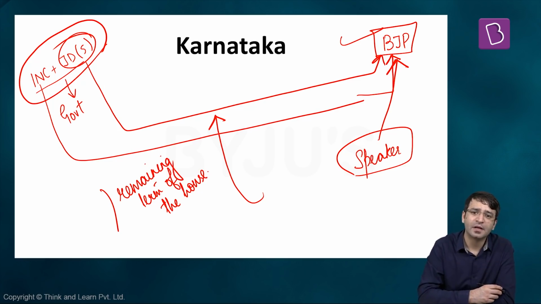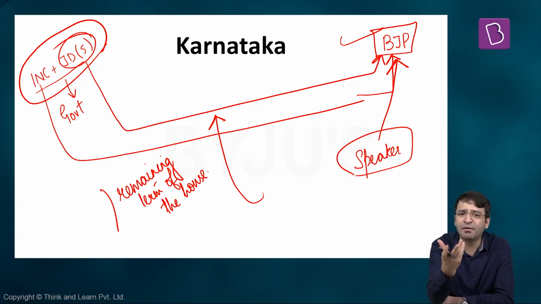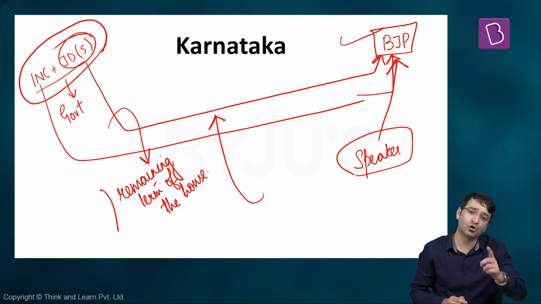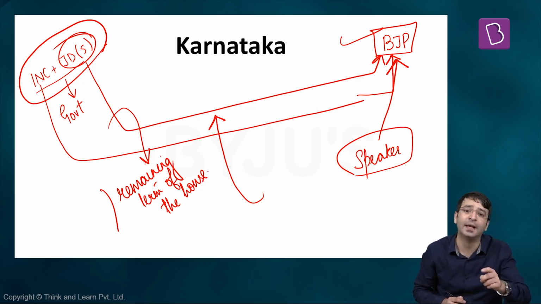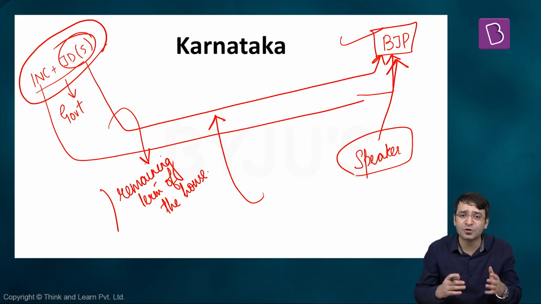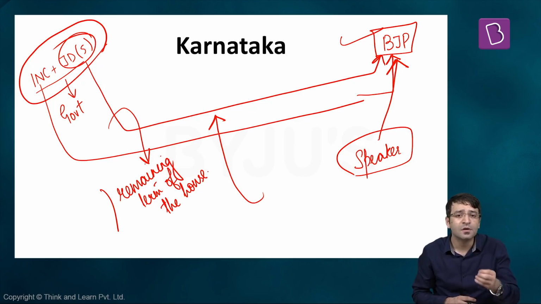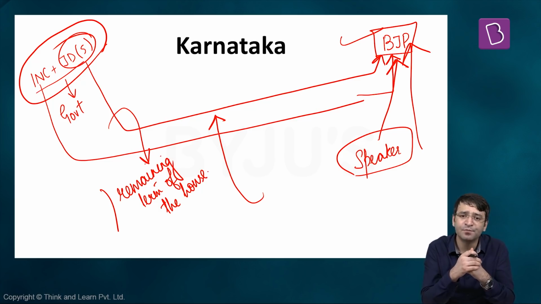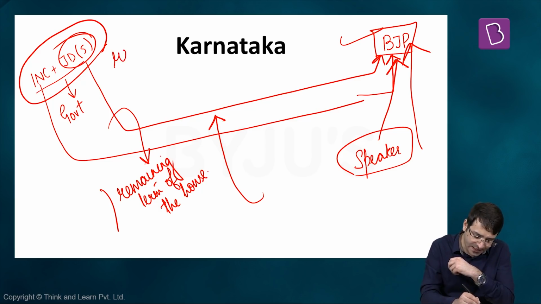The matter went to the Supreme Court. The Supreme Court said, yes, the Speaker may be right in disqualifying them under the anti-defection law because they have voluntarily resigned from their political parties, but don't disqualify them for the remaining term of the House. They should be allowed to contest the elections as well. Once the elections were announced, for those seats which fell vacant, the majority of them won the trust of the people again, they won the election again, and some of them were also made ministers under the BJP government in Karnataka. So the problem here is that resignation is another loophole in the anti-defection law.